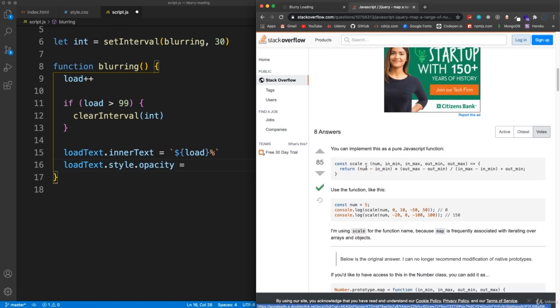So it's pretty simple. It takes in a number, it takes in the minimum and the maximum of the in number, which in our case is going to be 0 and 100, so the load, and then outmin is going to be 1, opacity 1, and then outmax is going to be 0, because we want it to go from solid to